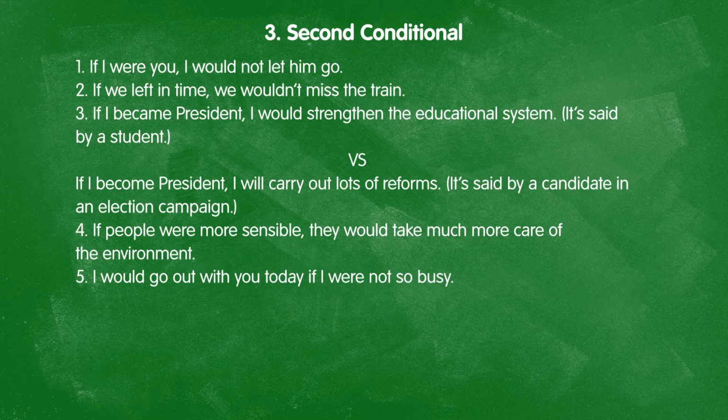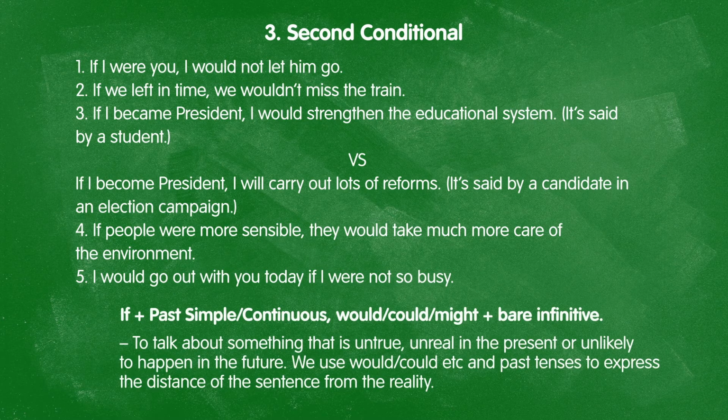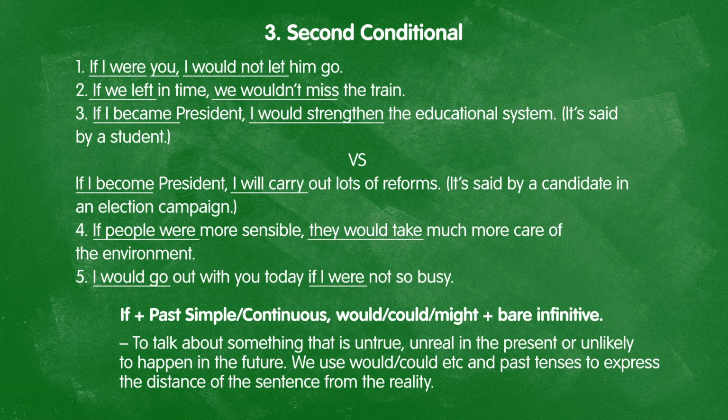Now, the grammatical structure of the second conditional is as follows. If, followed by the past simple or the past continuous, comma, followed by would, could, might, and the bare infinitive. So in this case, it will look very similar to the first conditional, except that in the second clause, your wills will change to woulds. Now, we use would and could, etc., and the past tenses